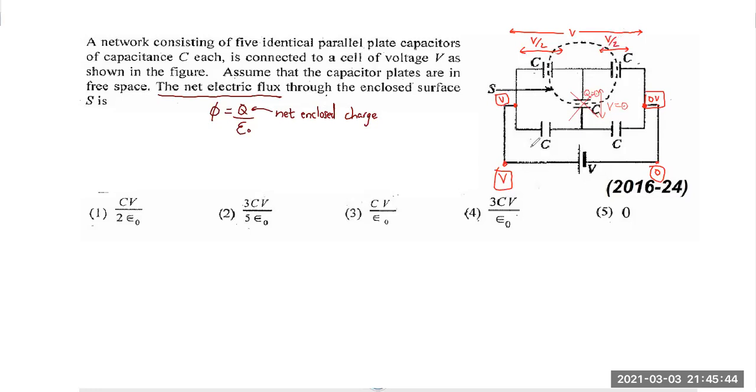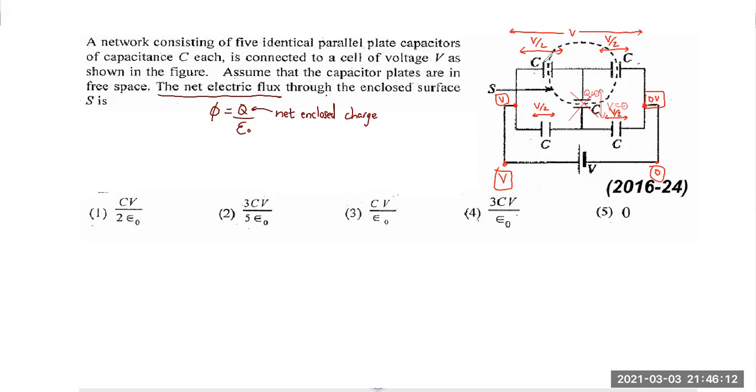Hope you can understand this. Here also, it's going to be V by 2, V by 2. The potential drop, because all the capacitors are equal in magnitude. So V by 2, V by 2, V by 2, V by 2. In case this was C, 2C, C, 2C, then it will be different. But here everything is equal, right? If the capacitance and the voltage drop both are equal, the charge stored will also be equal.